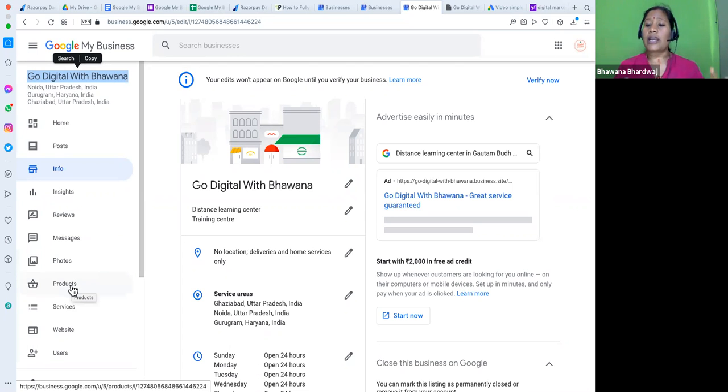You can add products and describe your product using those keywords, or a variation of the keywords, or synonyms of the keyword, or add some prefix or suffix to that keyword. Then the business will be relevant for those keywords as well. When you are adding services, your service heading should have that keyword, and the service description should have those keywords. When you have a website, that website should have similar keywords. Whenever I'm saying keyword, it's not only the keyword. It should be synonyms of the keyword, semantically related keywords, keyword with some prefix, keyword with some suffix.